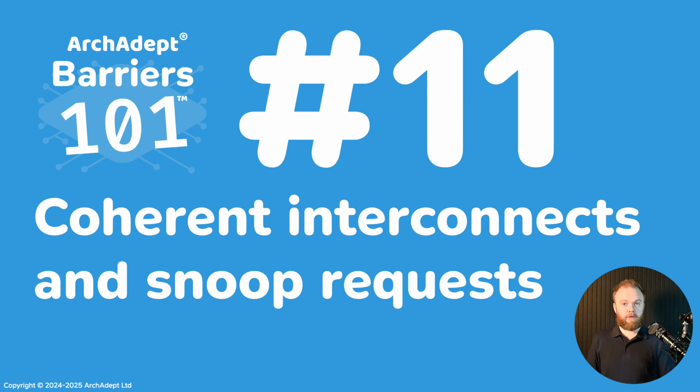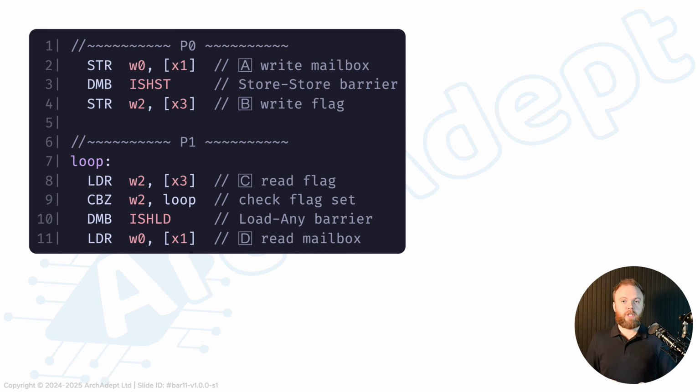Welcome to Lesson 11 and Part 2 of the course. Over the first 10 lessons in Part 1 of the course, we learnt all about Arm's weakly ordered memory model, which permits memory accesses satisfying certain conditions to be freely reordered with respect to one another. And we saw that we need to use explicit data memory barrier instructions, DMBs, in software so as to manually enforce ordering between memory accesses that would otherwise be reorderable, when such reordering might have a functional impact on the